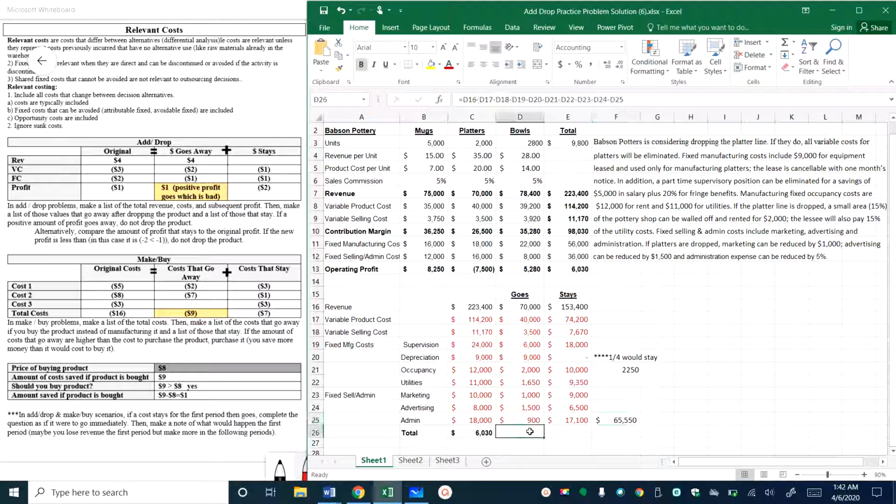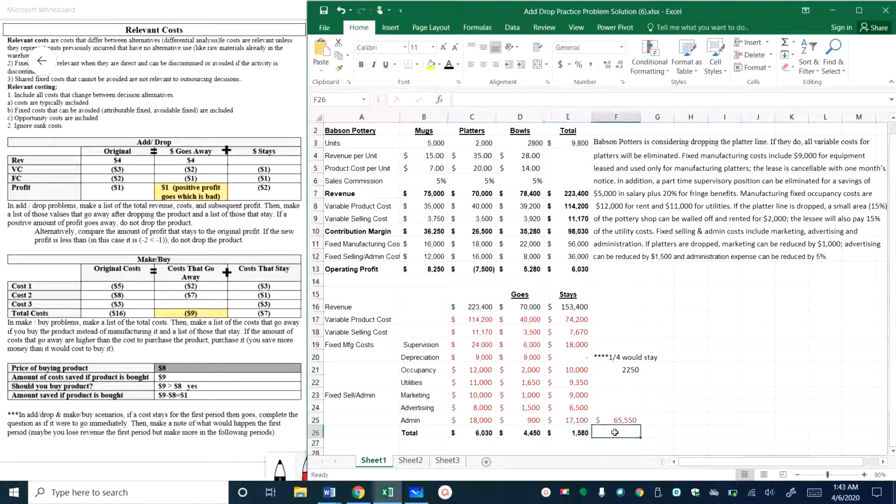Because we're losing $70,000 in revenue but only losing $65,550 in costs, that means we're getting rid of $4,450 in profit and only keeping